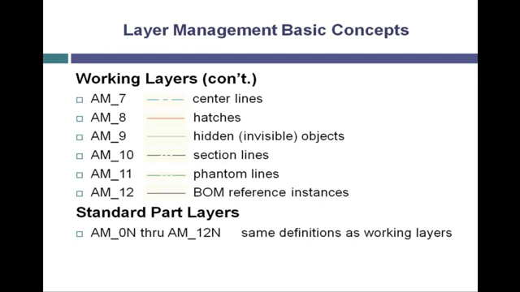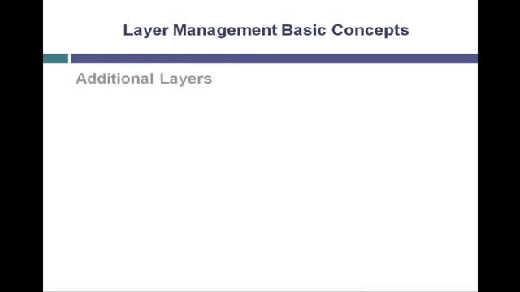This can be useful to temporarily shut off all the fasteners in a drawing. However, it will also shut off any structural steel shapes that may have been inserted. The use of these standard part layers is an option that does not have to be used. In addition to the standard part layers and the working layers, AM_CL is used by the construction line tools. It has a red color and a